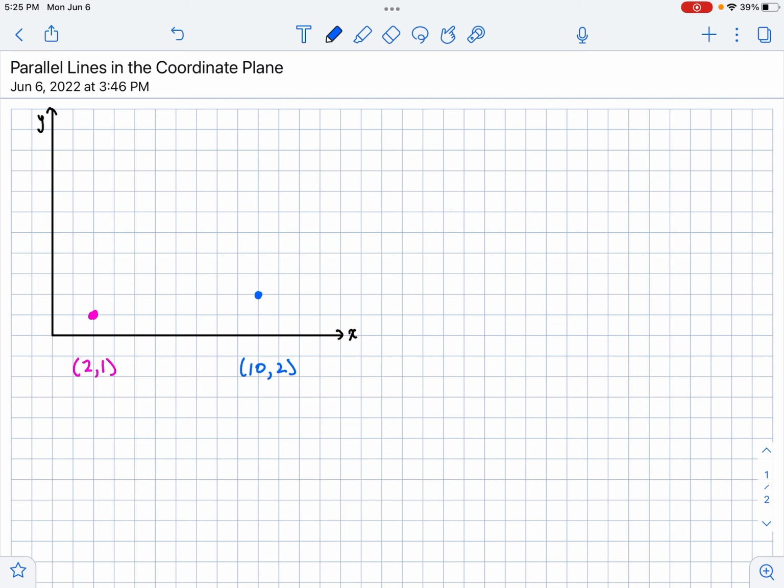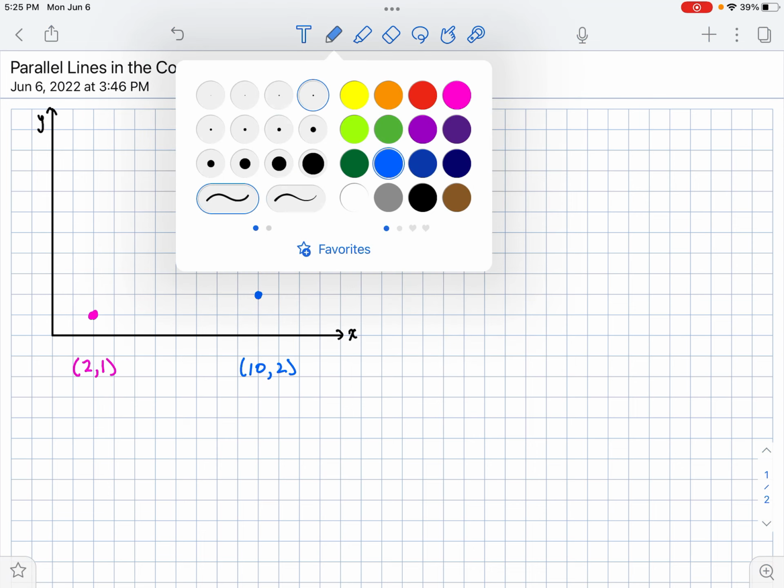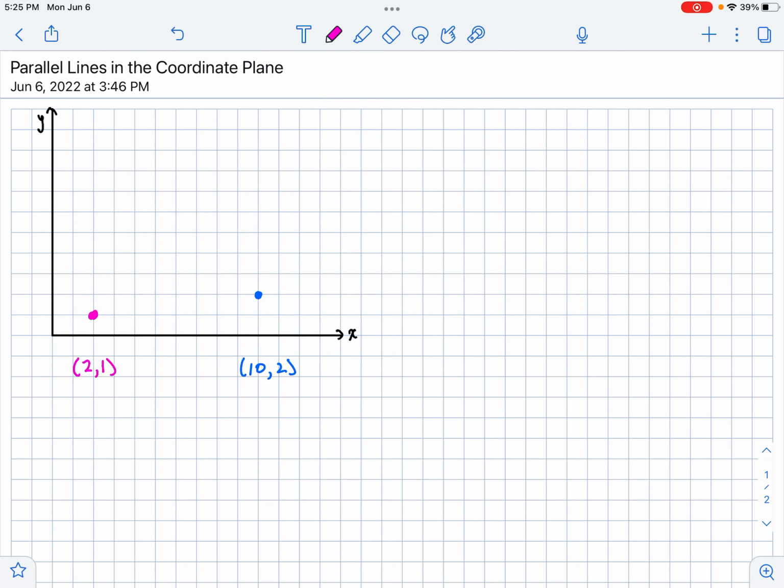Now, let's suppose that there's a line that passes through these points, and let's suppose that the slope, which I'll denote by an m, is 2/3. Okay, so that's the slope. Now, let me show you how that's going to work. If we are at this point (2, 1) and we want to get to the next point, and we know that we have a slope of 2/3, that means that for every 3 units we go to the right,